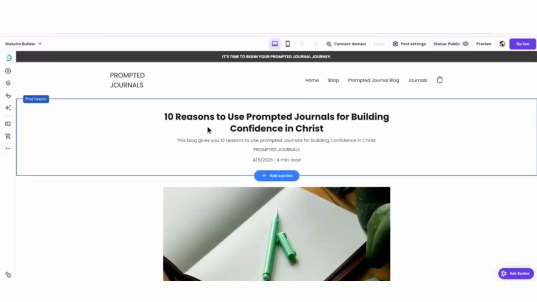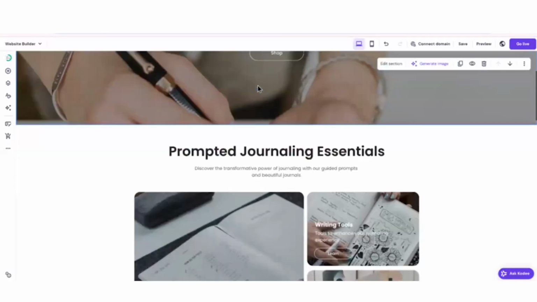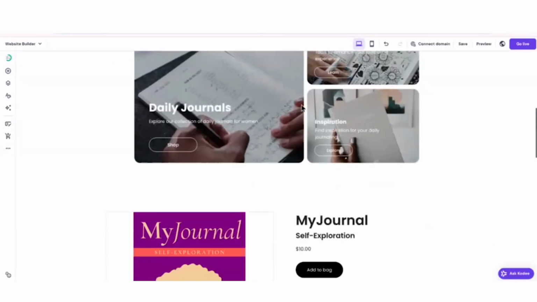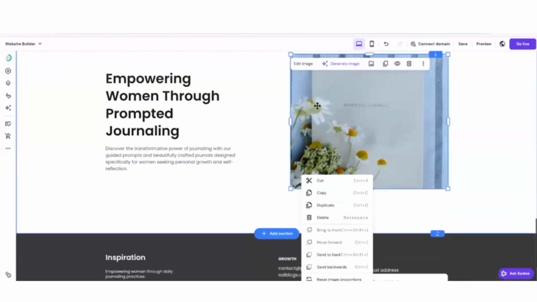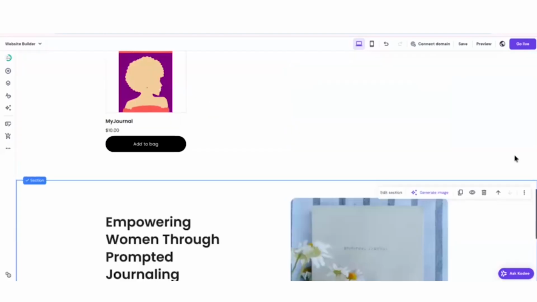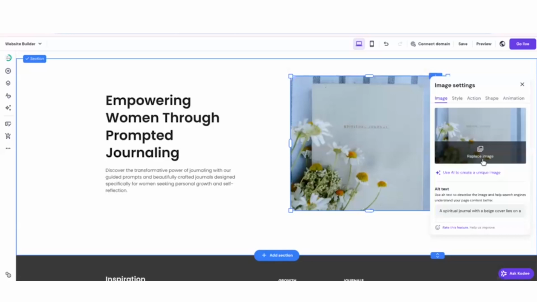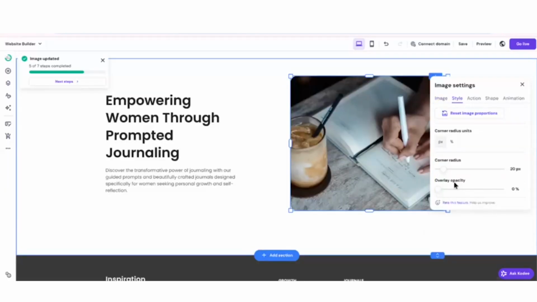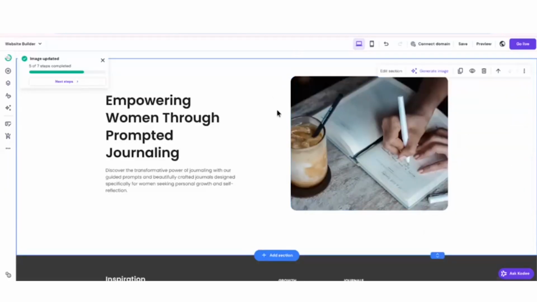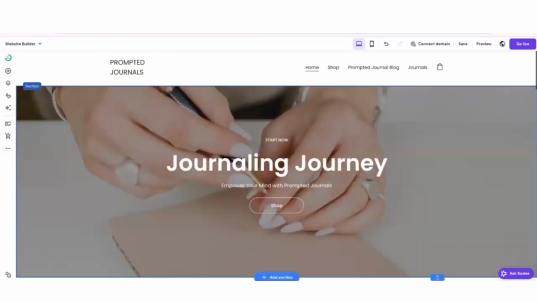So after that, you need to go over to your home page. So go home and then scroll down. And we want to just make sure that this is adding our blogs to the front page. Oh, I should have changed this image. Sorry, real quick. I apologize. Give me a second. Let me click edit image, replace image, free images, and then woman journaling. Beautiful. You guys know me. Oh, opacity was already turned down. Excellent. Okay. So, what I was trying to say, we need to add our blogs to the front page.